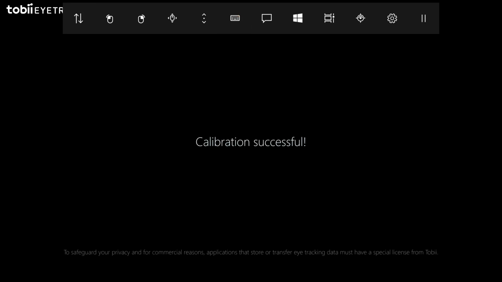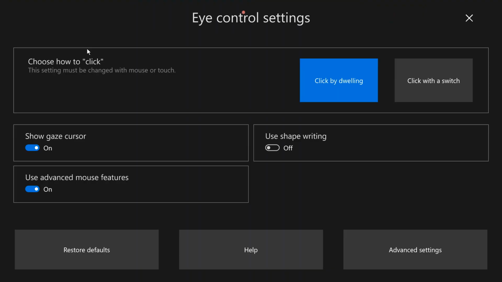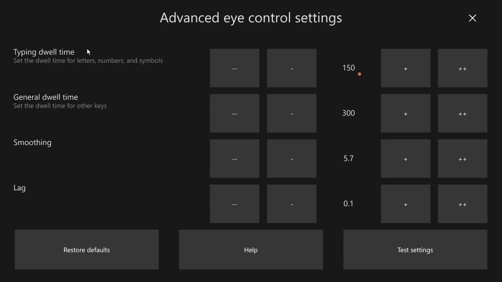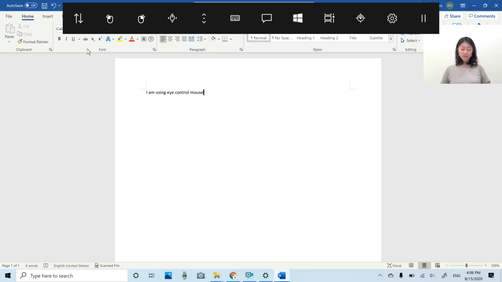Okay, and that's it. It's pretty simple. After it goes through that process, it calibrates and then it can detect my eye movement more precisely. And then this one is just a few settings that I can change. So I can change the dwell time, which is the time that I need to look at each button to activate. This is the place that I can adjust the dwell time. And then I'm gonna just look at the accept button. So now it closes everything.